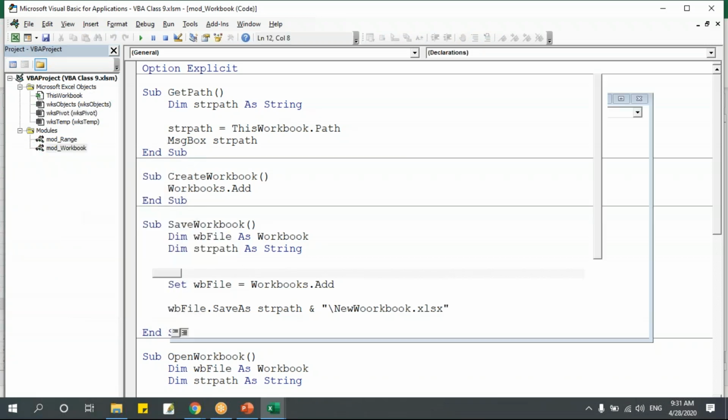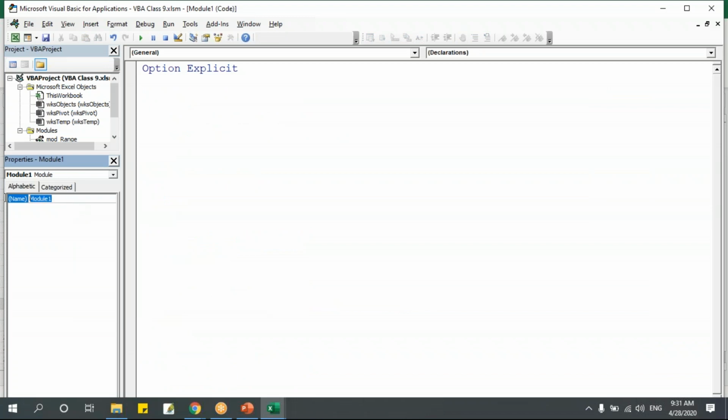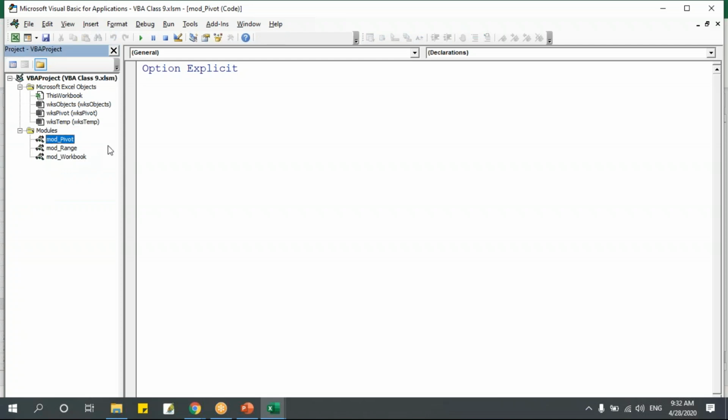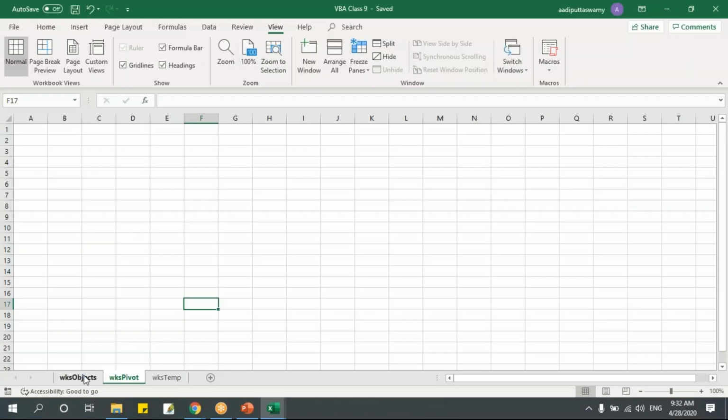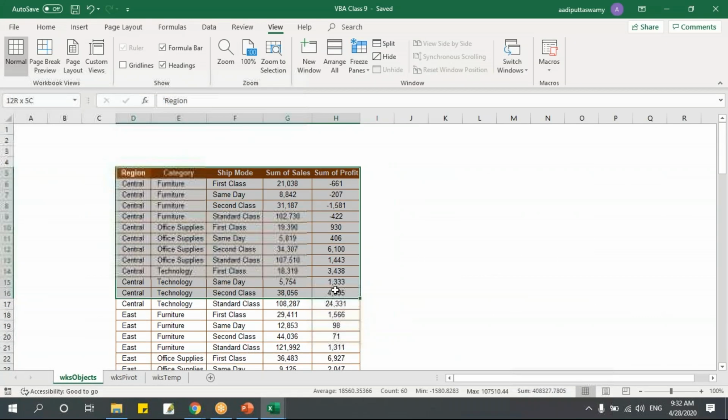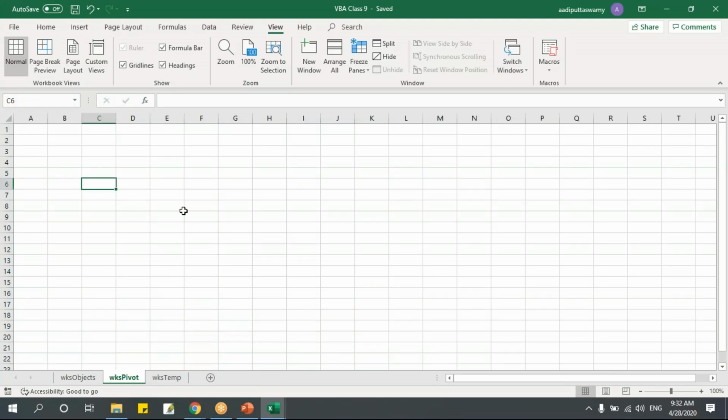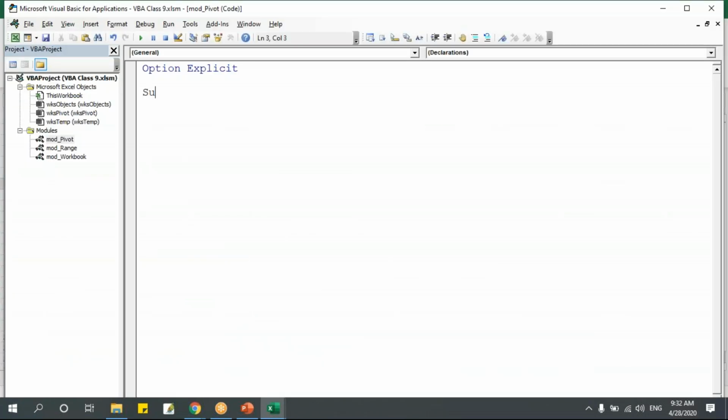We'll create one more module. It's a good practice to create different modules so that it will become easy for me to understand and work on the program. Now I created one pivot table sheet and here I have the data which is in WCase object, and we're trying to create a pivot table in my WCase pivot table sheet. Say sub, I'll say create